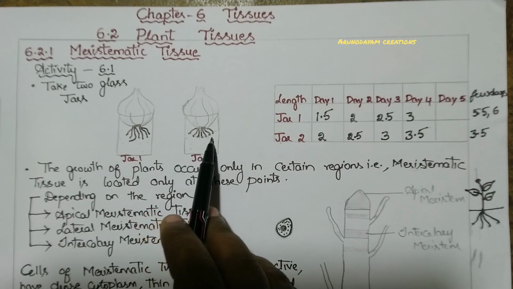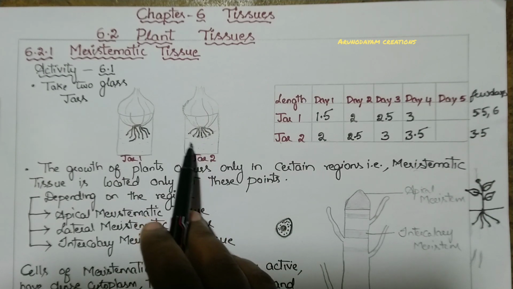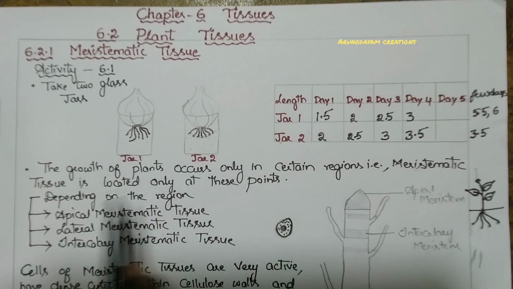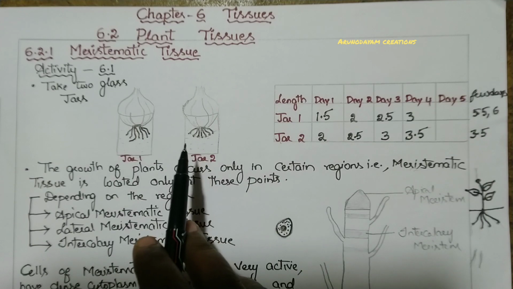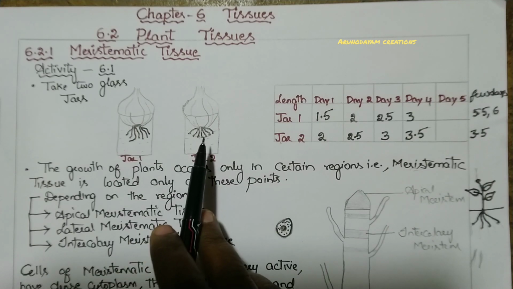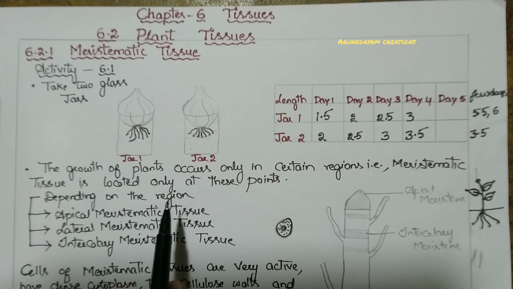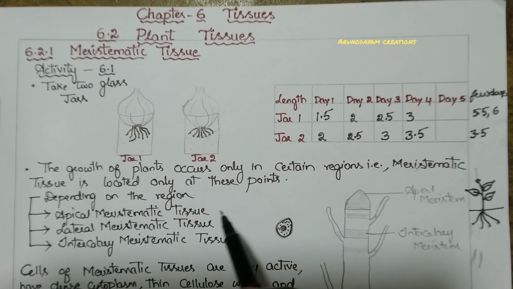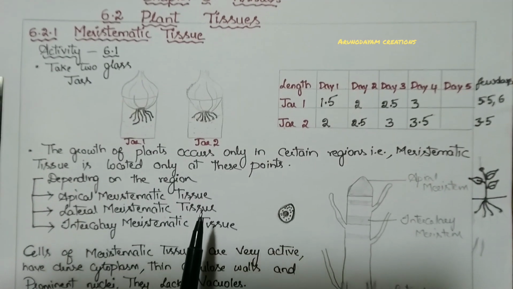So here also actually the root hairs are growing. After removing their tip portions they stopped their growth. Why? Because maybe their tip portions contain meristematic tissue. We have removed that meristematic tissue now, that's why there are no cells to divide. That means no growth is seen here. So that is the importance of meristematic tissue. Meristematic tissue helps in the growth of the plant parts. Okay, so that is what we have learned from this activity.